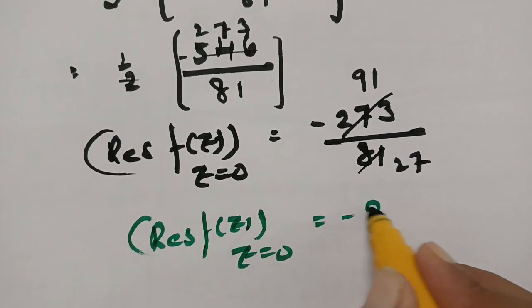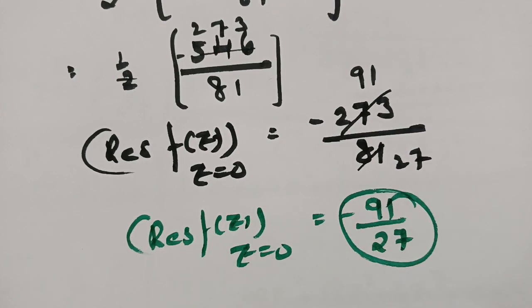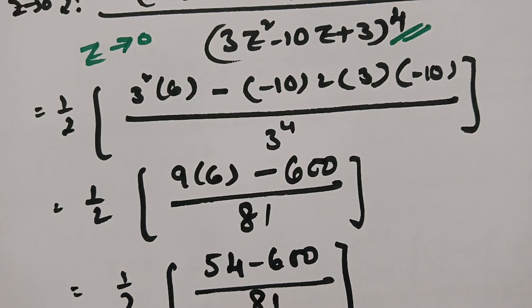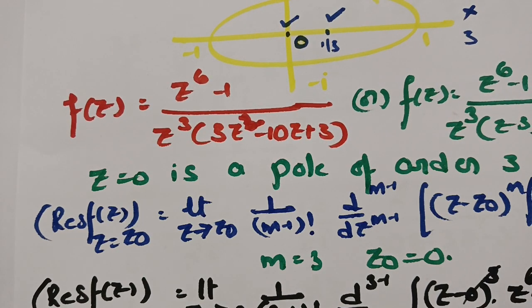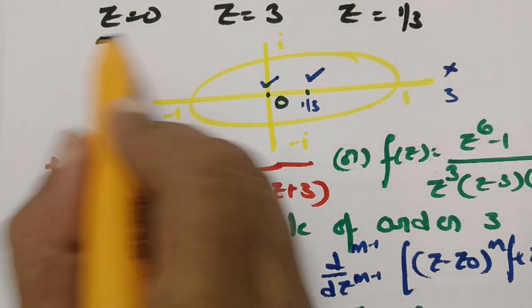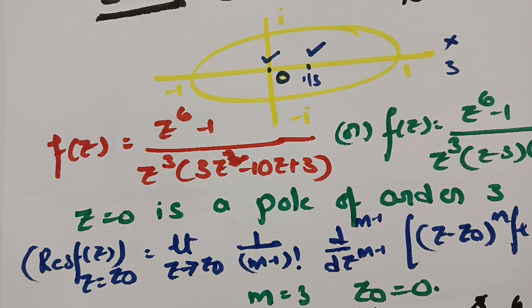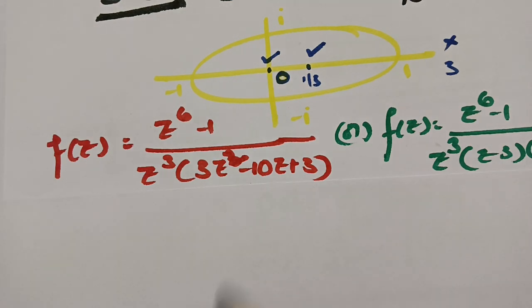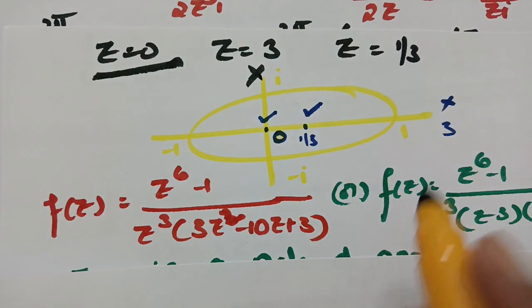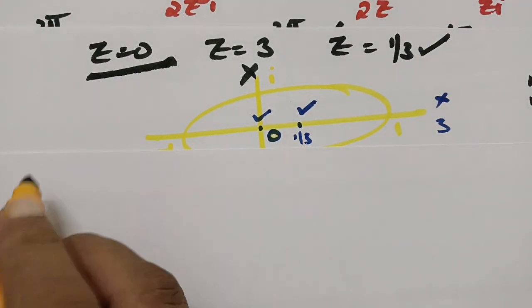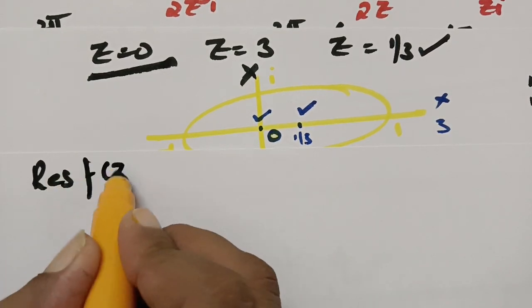At 0 we got the value as 91 by 27, and the next pole here is, so if you see, the first pole here is 0. At z is equal to 0 we got the value, and again with z is equal to 3 we need this. So z is equal to 3 is an outside pole, so there is no need of this pole, and again we have to calculate the residue point. See here, residue of f of z